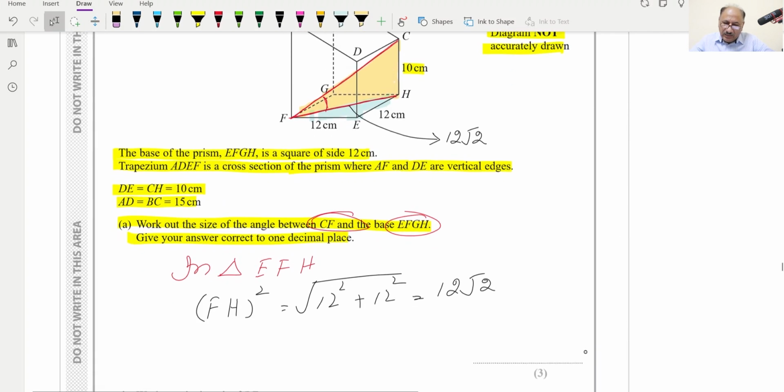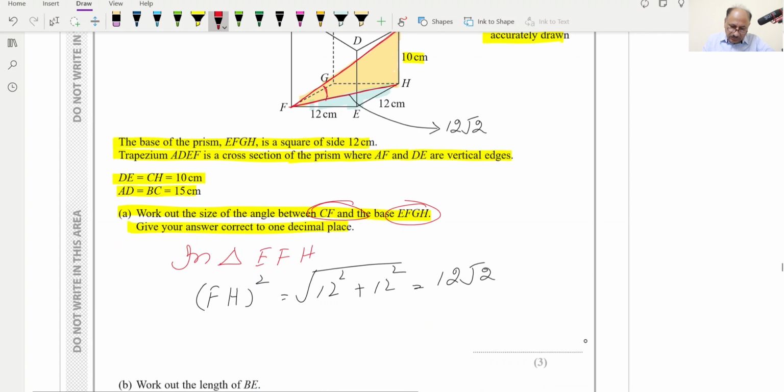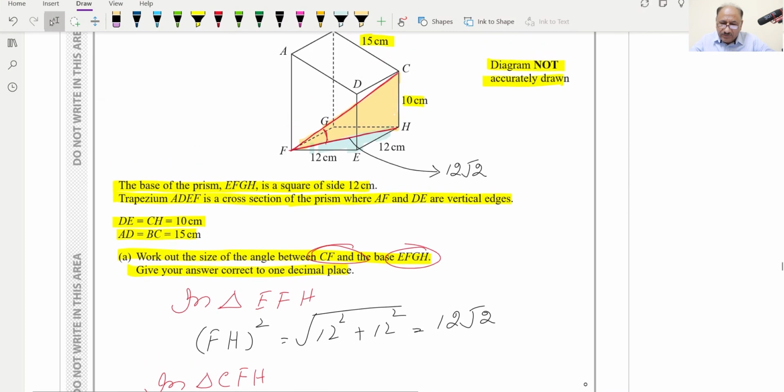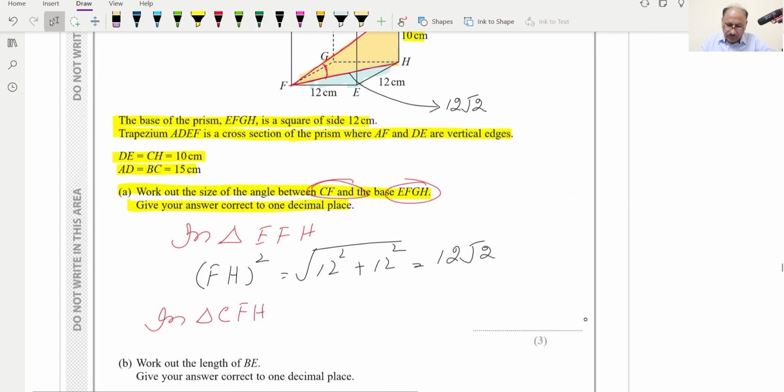Now in triangle CFH, we will take opposite over adjacent, so this will be tan theta. So we can write tan theta is equal to 10 over 12 under root 2, and this implies theta is